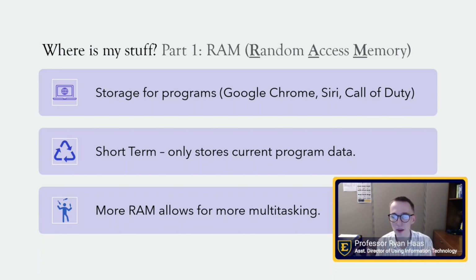So now I would say with Windows 11 eating 5 or 6 gigabytes of RAM by the time you start up your computer, you're going to want to have at least, I would say, another 8 that you can use for your applications. So I would look for computers in the 16 to 32 gigabyte range. For a smartphone, significantly less, but a lot of modern smartphones do have 8 and 16 gigabytes now.